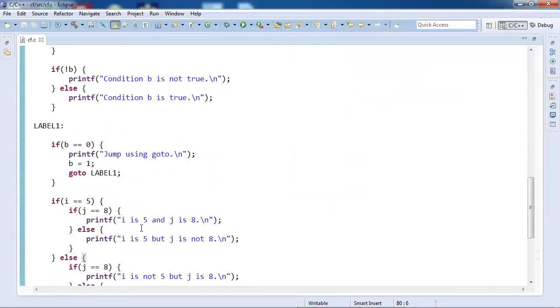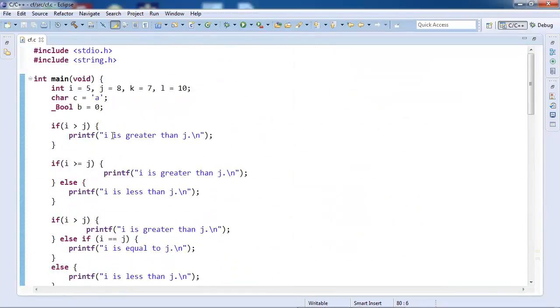Now what I advise you is to change the values of these and see how the output changes, and I leave this task for you as practice. In the next part, we will proceed with loops, the three loops, for loop, do while and while loop, and we will see how to iterate over a sequence using those loops.